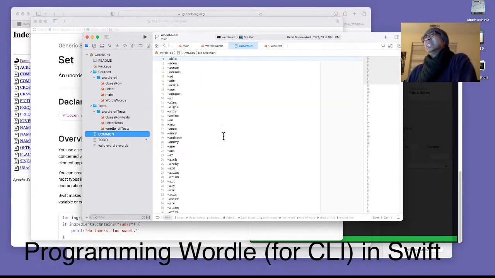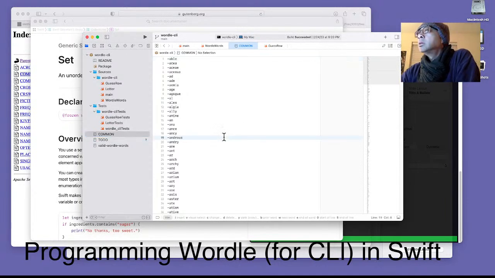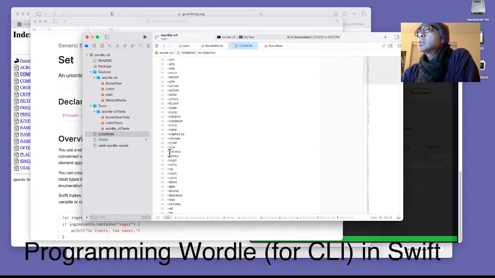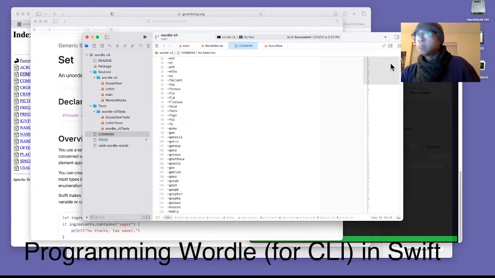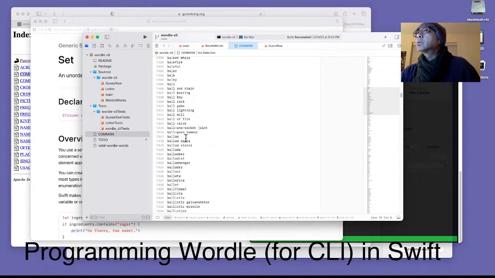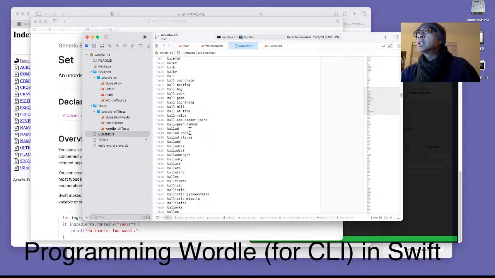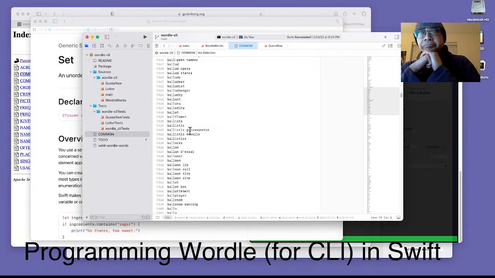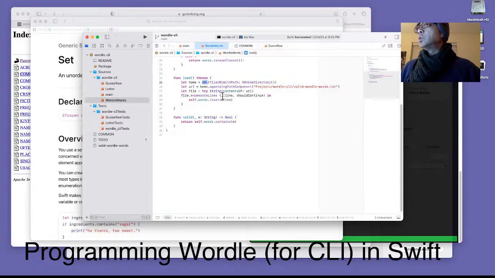Not sure I'm feeling this thing with the dash. Very interesting. There's also a few with dashes. So clearly, what we want to do is read this thing, but cull it down to only those words that have 5 letters. And now in the Wordle Words program, when we enumerate the lines, we could have